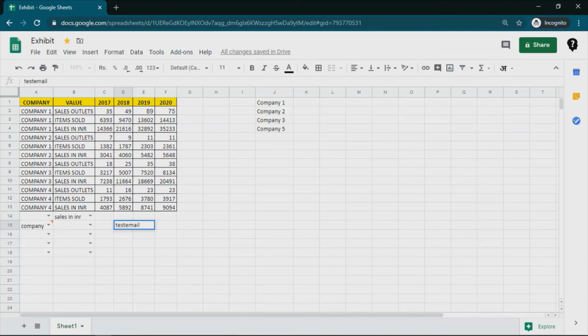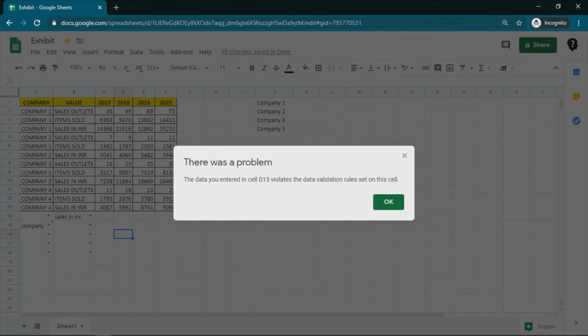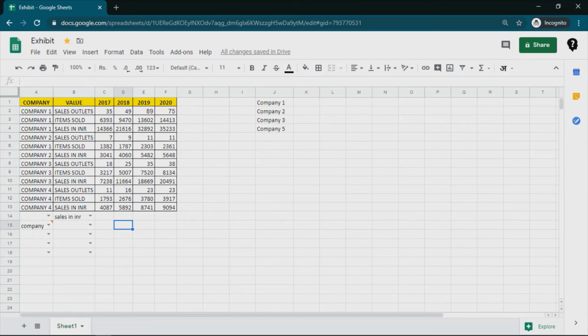Let's suppose I forgot and directly say gmail.com. So it will say this is an invalid text. However, we need a preset format for the email, test at xyz.com. So it will accept because the email format will always be in at followed by the dot and the extension. Okay.